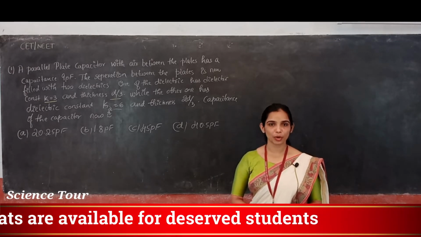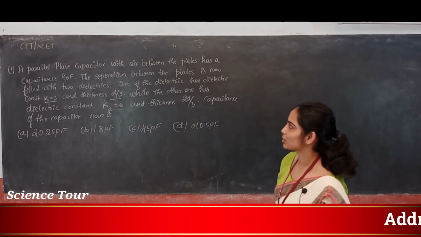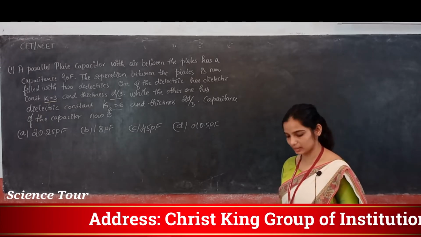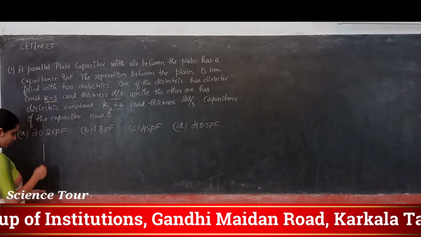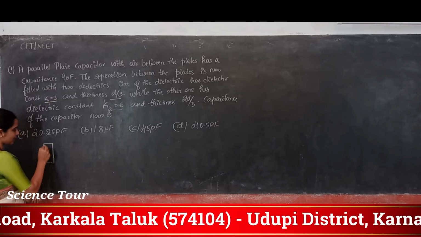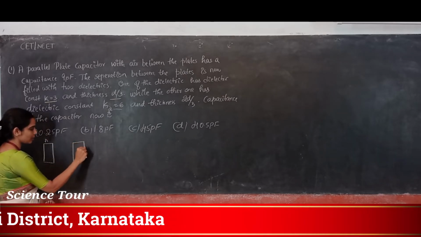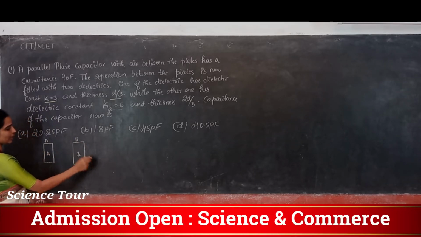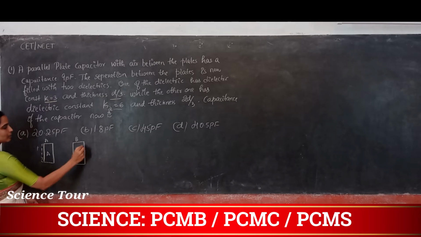Hello students. So let's solve some problems under capacitance. Okay. Let's move to the problem. A parallel plate capacitor with air between the plates has capacitance 9 picofarad. What is given? There is one parallel plate capacitor. A parallel plate capacitor should have two parallel plates, correct? Let's say this is plate A and this is plate B. Plate A and plate B should have the same area, A, and if the charge of plate A is plus, plate B is minus.